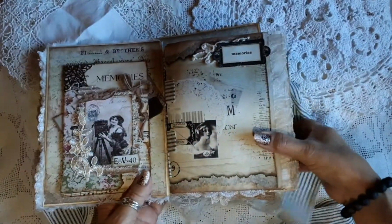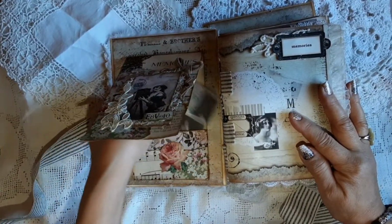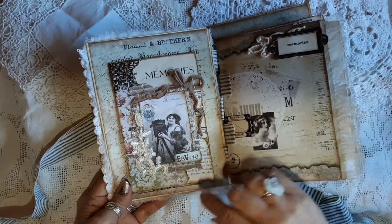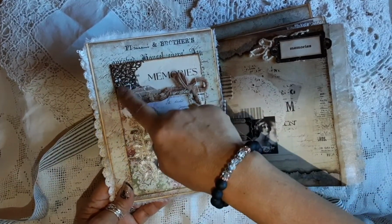And I'll get into the inside, and I forgot. I was going to do something else to the inside, but I forgot. This is another tag that I did with you guys. This picture is from my own stash. And on the corner here,